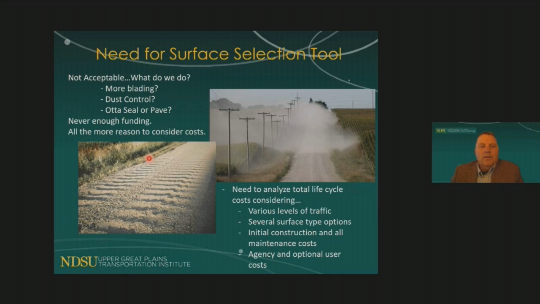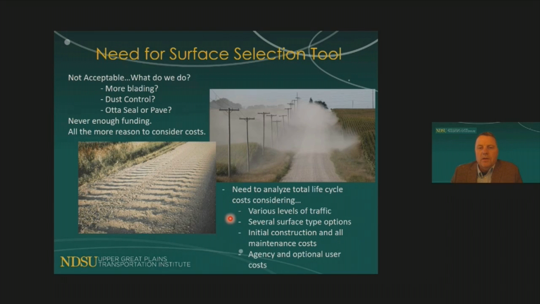So I think just because of that funding shortage, it's even more critical that we really consider the costs to maintain those roads over a 20-year period, to factor into the decision on what you're going to do with the road. We really need to analyze the total life cycle costs, considering all the maintenance that you'll be doing on it, and the initial costs. So that's kind of where this tool comes into play, where we're looking at